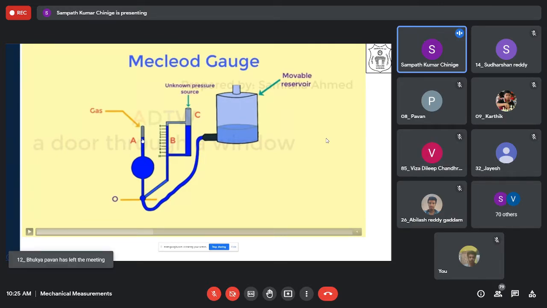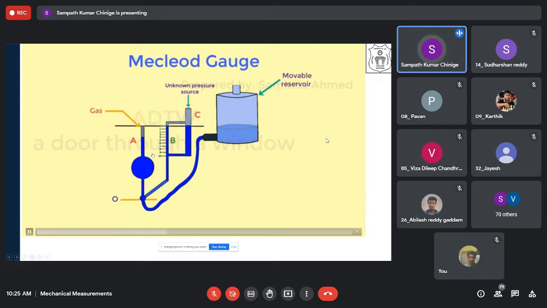So now I am able to find out the higher pressure from the pressure difference. And from this known higher pressure and the two volumes, I'm trying to find out the lower pressure, which is before the compression of the gas. That is what I'm trying to find out using Boyle's law. Now you can see here, it is compressed and there is a difference of height, the manometric height h, we will see over here.